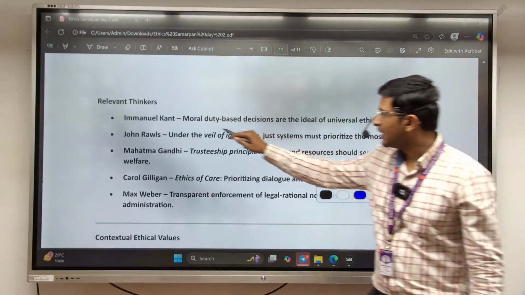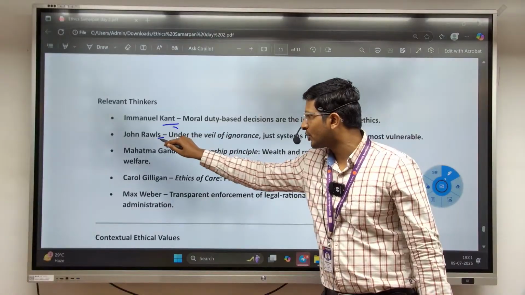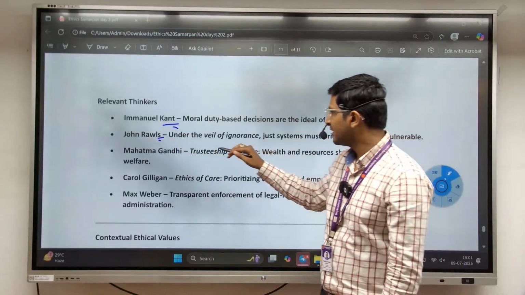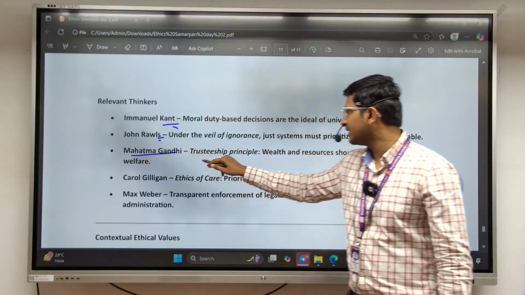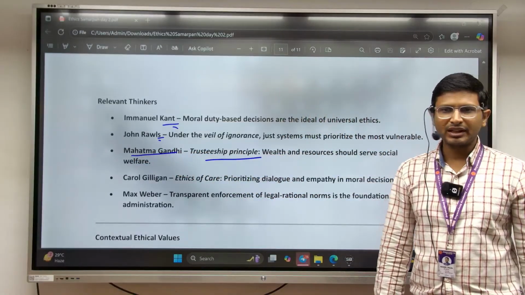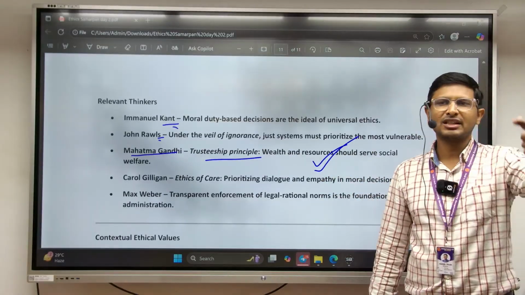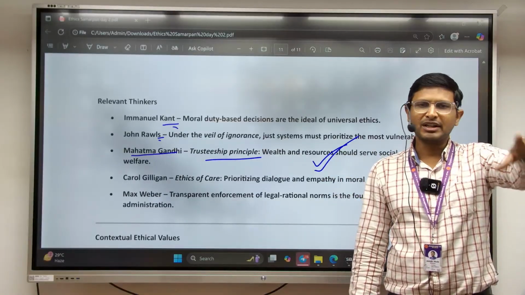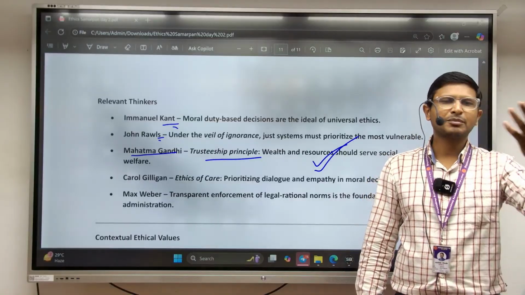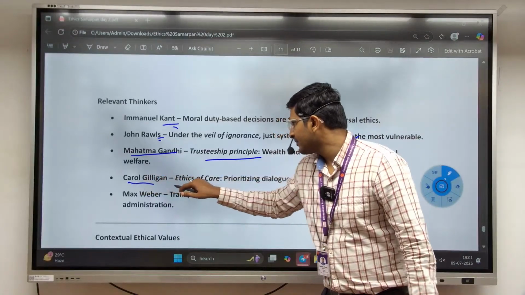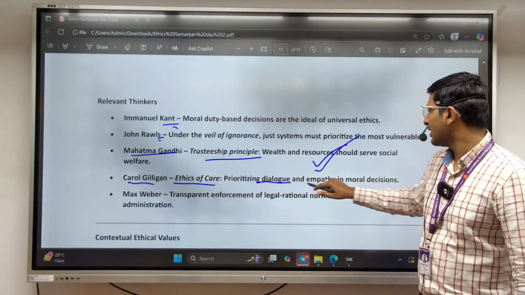Okay, then at last relevant thinkers, which are the thinkers which are here: Immanuel Kant, do your duty; John Rawls, we already know what John Rawls said, prioritize the most disadvantaged person; Mahatma Gandhi, trusteeship principle। Okay, trusteeship principle is for the industries who are giving CSR funds to help the people, the money you have, it's not your money, it is the public money, so you should help whenever it is needed। Okay, Carol Gilligan, ethics of care,